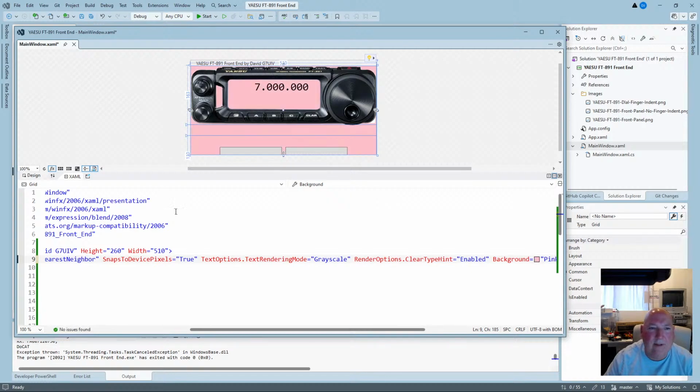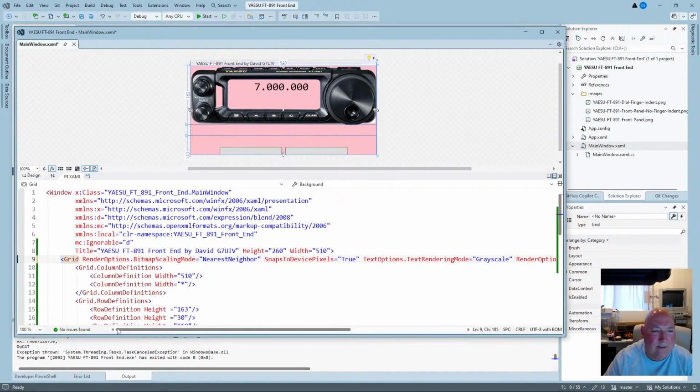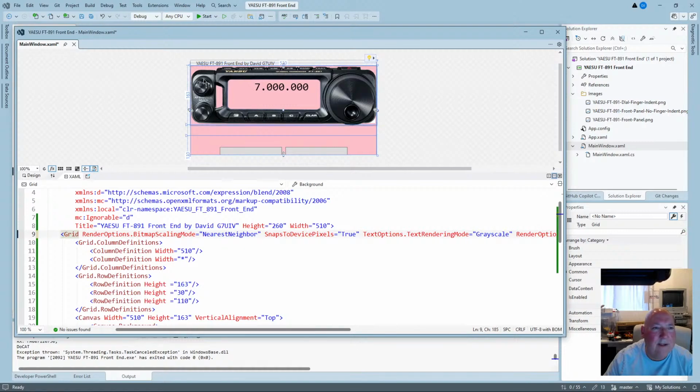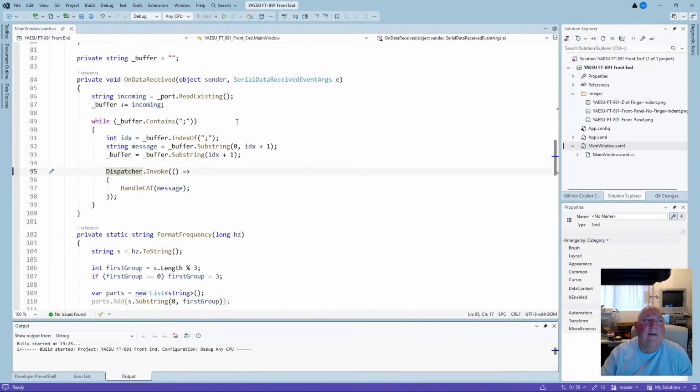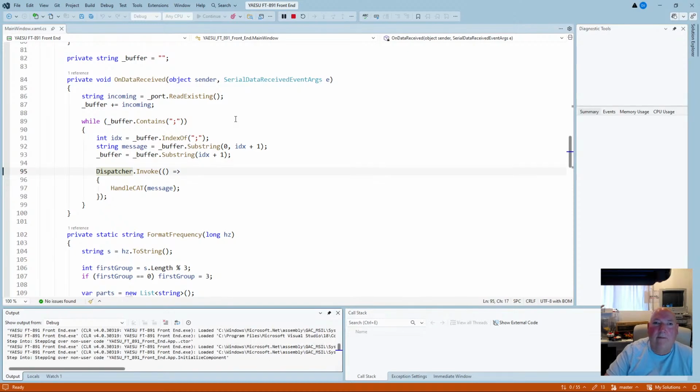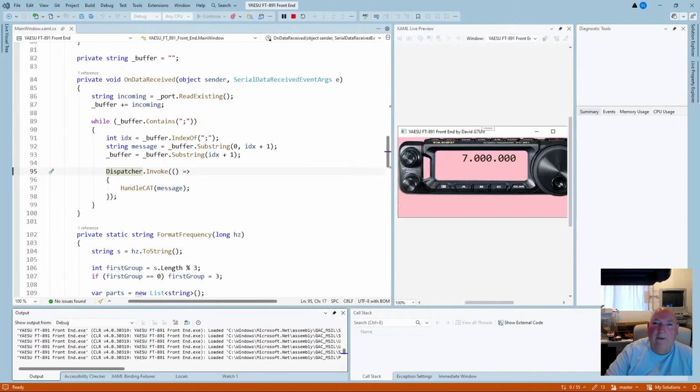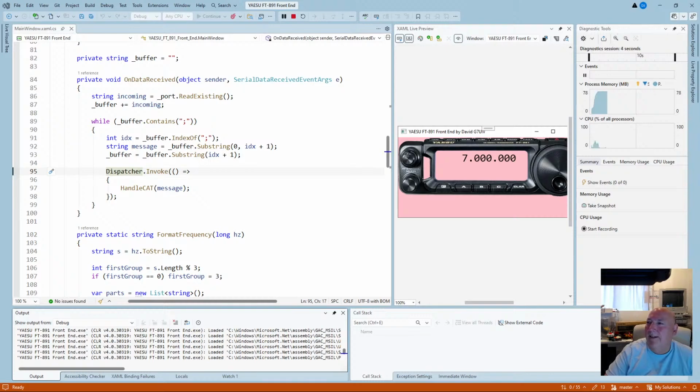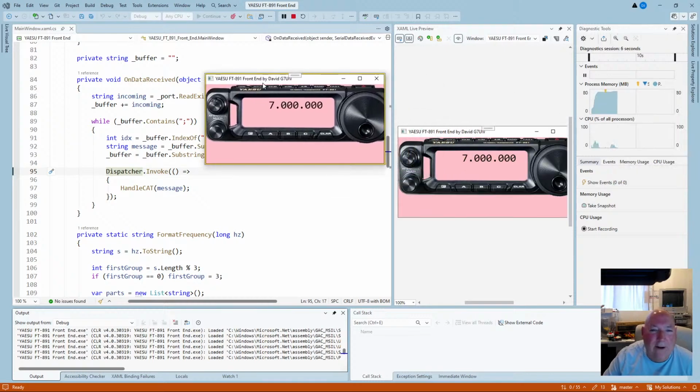Well, this is XAML. You can't always tell which bits is which. Yeah, so just make it pink for a minute. There's a lot of trial and error. Just find the right place in the program, make the appropriate changes, and run the whole thing again. Yeah, trial and error. So if I open that up there,